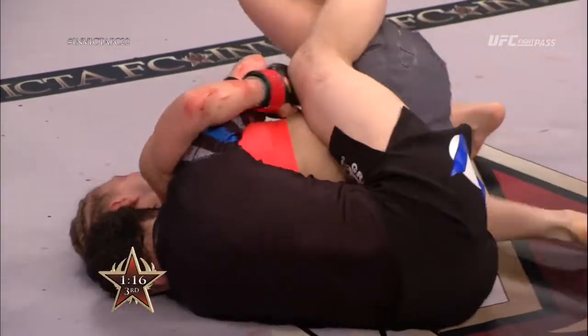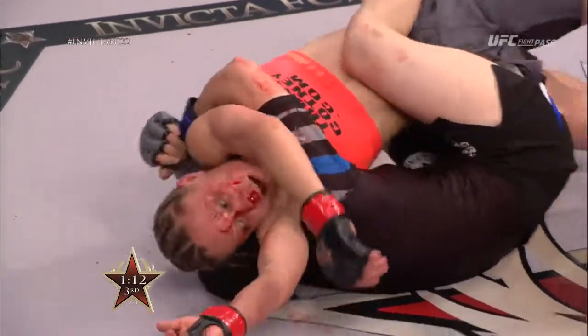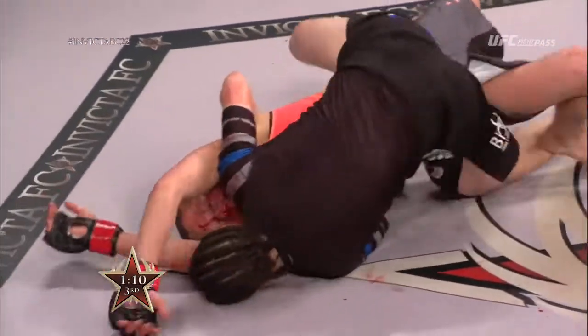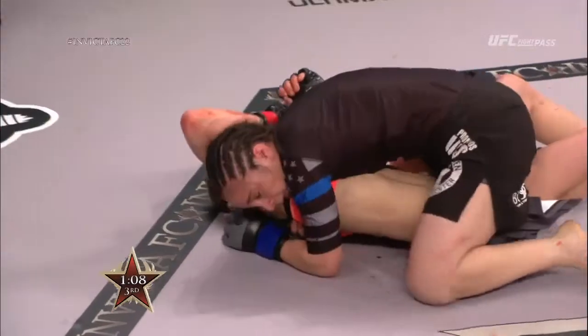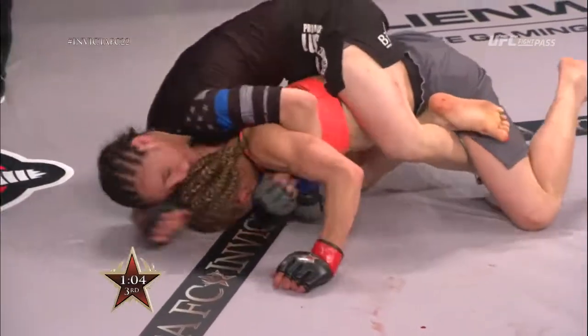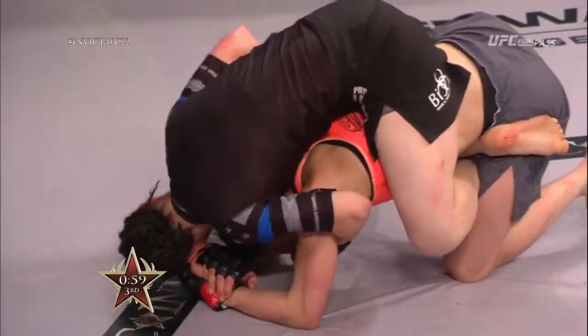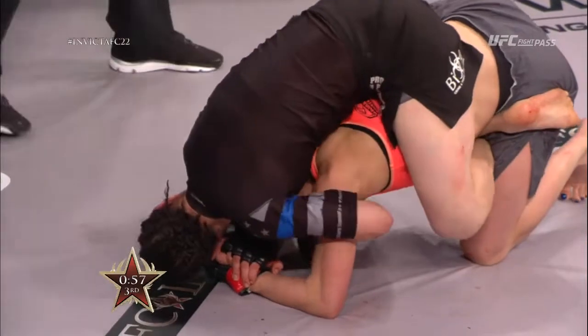I think she's trying to frame up. I thought she was trying to go for a Kimura. She's not. And now you've got to watch out again. Ashley Cummins trying to come out on top. I think she was trying to keep that arm triangle as she did, but Brown now goes again to her base. What a beautiful ride that Ashley Cummins is doing, like a little koala bear, just staying on top,